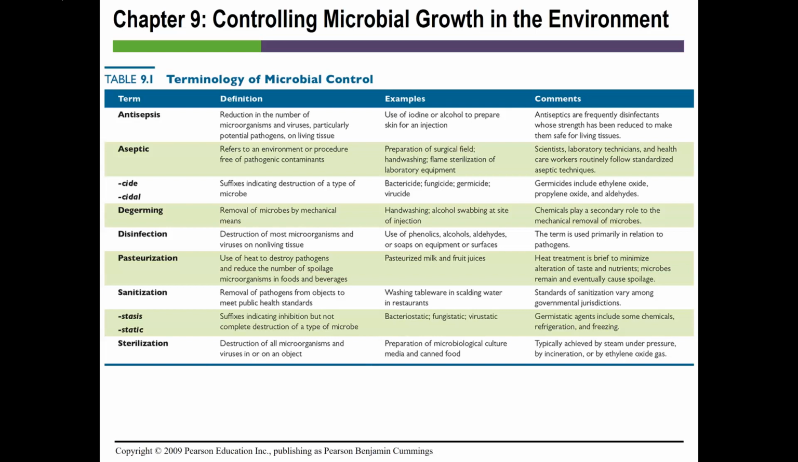I want to point out just a couple of things to you from this table. The first is the term -cide or -cidal. This means that we're killing the microbes. For example, if you say something like bactericide, we're killing bacteria. A viricide is something that could kill viruses. Now, -stasis or -static at the end of a term indicates that it inhibits the multiplication, but it doesn't kill the organism. You might say bacteriostatic or fungistatic or viristatic, meaning the microbe won't multiply in those conditions, but you